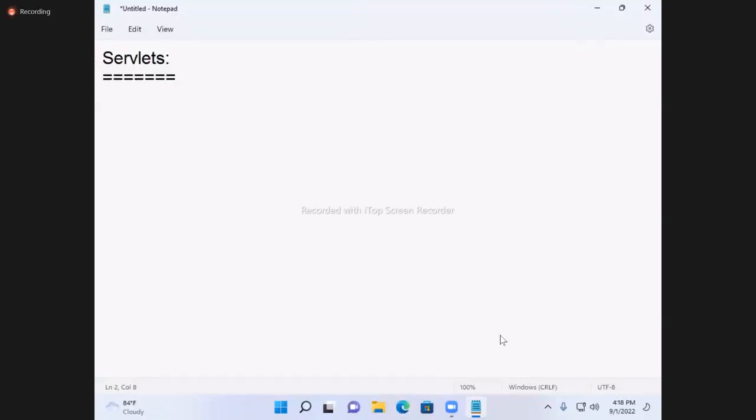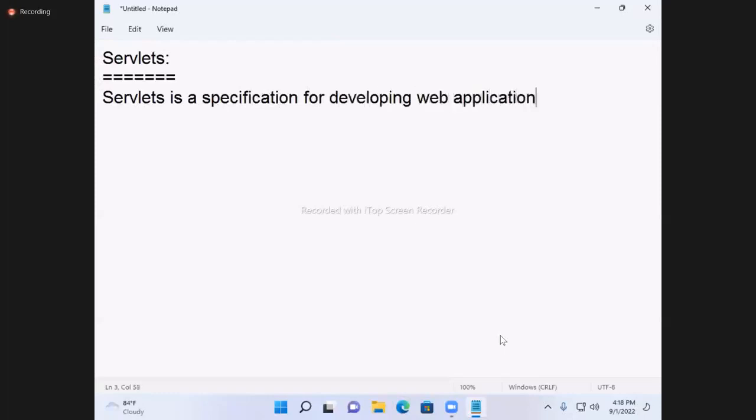Okay. Now, servlets are also a specification. Note down: Servlets is a specification for developing web applications with the Java programming language.